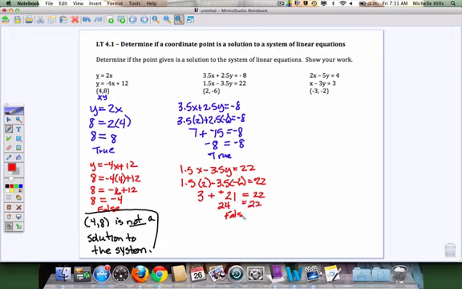So once again, it's on the first line but not on the second line. So my answer is the point 2, negative 6 is not a solution